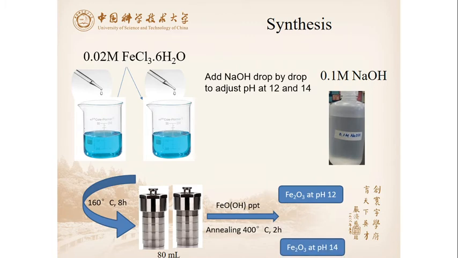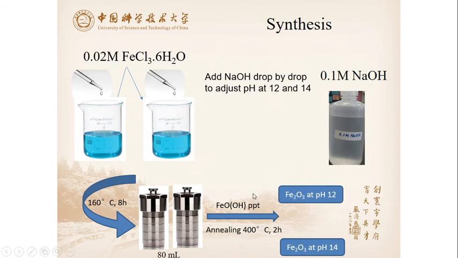This is all about our today's lecture, in which we have synthesized the iron oxide nanoparticle at pH 12 and 14. We are dealing with two precursors, that is 0.02 molar iron chloride hexahydrate and 0.1 molar sodium hydroxide. We just mix these two precursors and then make the homogeneous solution. Then after that, we transfer the homogeneous solution in 80 ml Teflon lined autoclave for 8 hours and 160 degrees